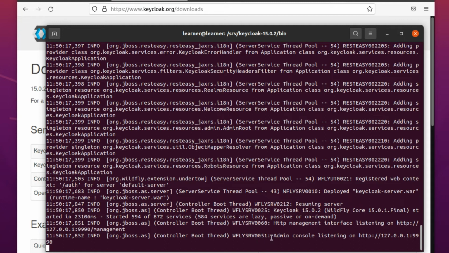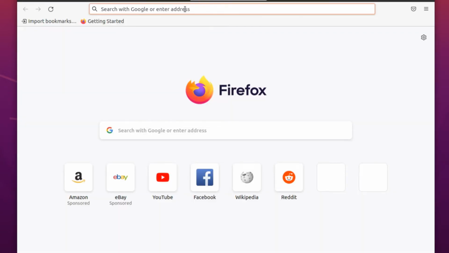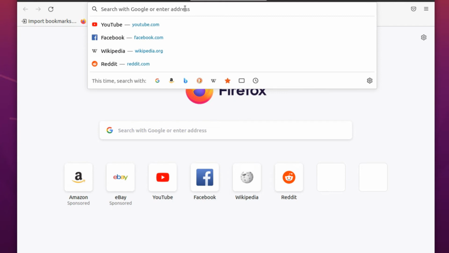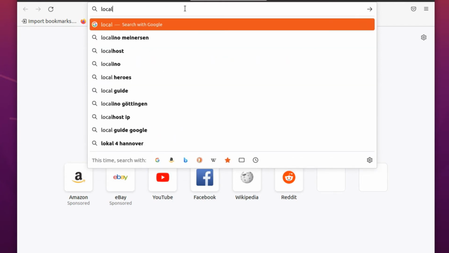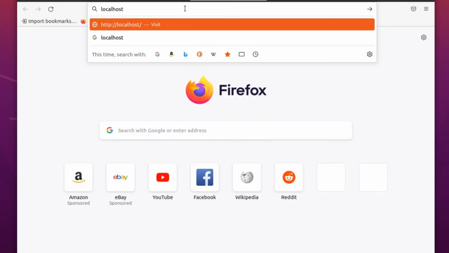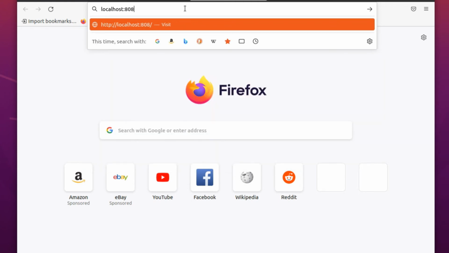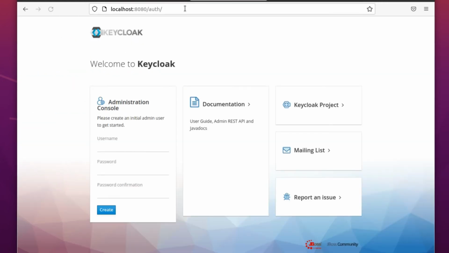So you see admin console listening on this IP. It means that Keycloak is now ready and we can access it. In the browser I just type localhost:8080. 8080 is the default port of Keycloak, and I just press enter, and you see that Keycloak is now installed,